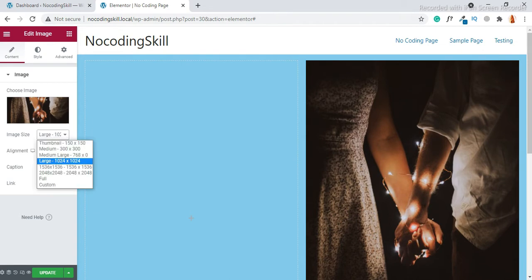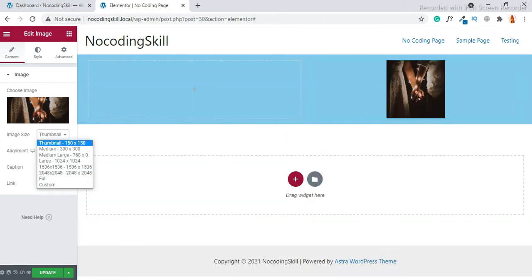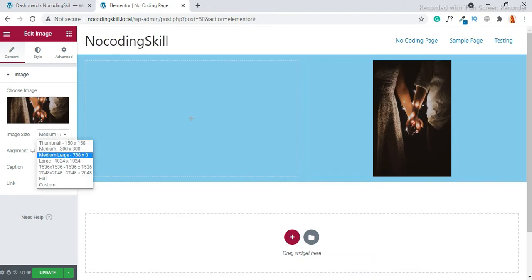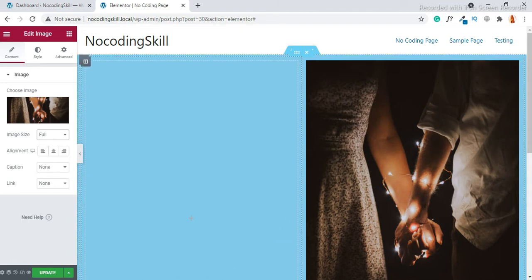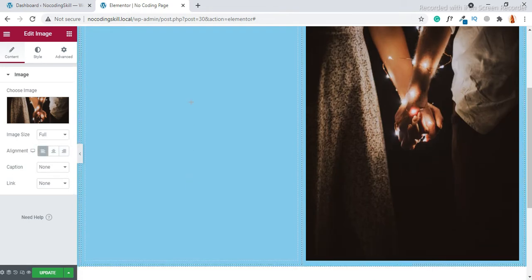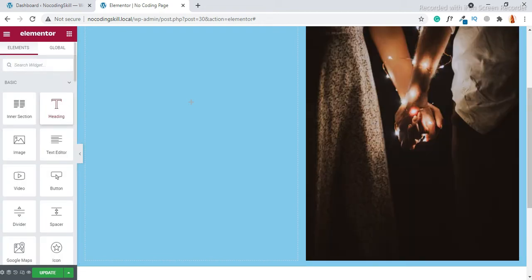I'm choosing full, not thumbnail, not curve. Let's take full. You can set the alignment of your image, left, center, right. This is full, so you can't see the difference between left, right, and center. And in this column I am giving a heading.